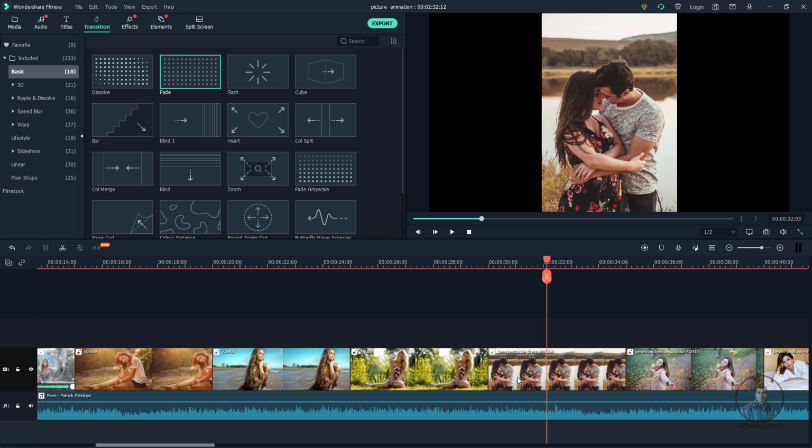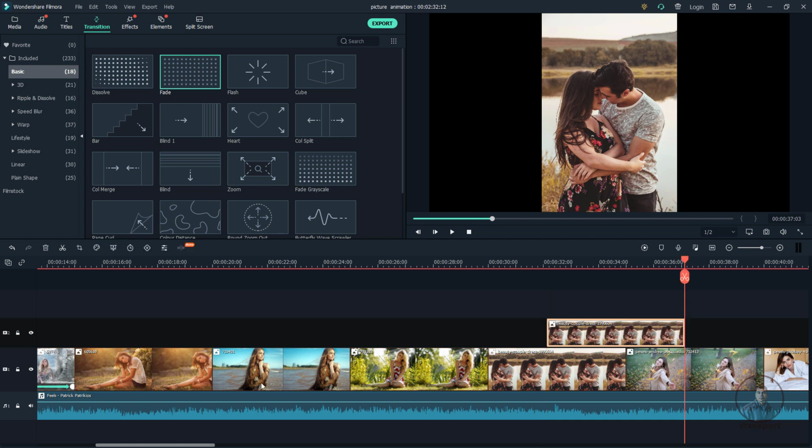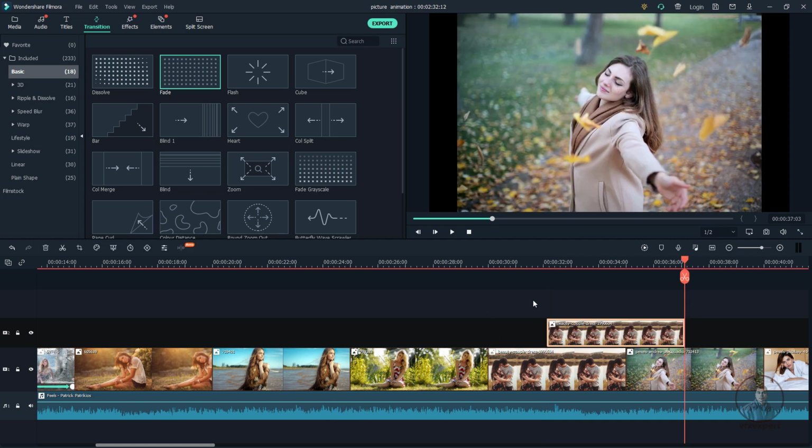So what we can do, simply we can select this picture inside this timeline, then press Ctrl C, copy. Then we have to create a new layer here. Then simply we can right click in this track, then add video track. So you can see, and just select this second video track here. Now press Ctrl V. So this will paste your picture in this new track here. Okay. So this again is an important thing here.